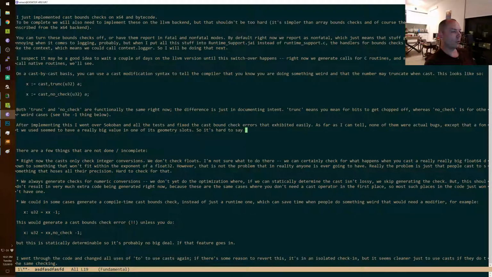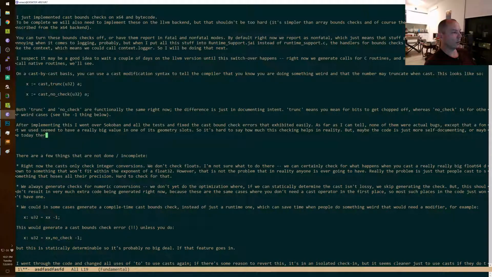So it's hard to say how much this checking helps in reality, but maybe the code is just more self-documenting, or maybe today there are no bugs because they had to be debugged already to get the code working, and it would have been faster to find them with bounds checks.